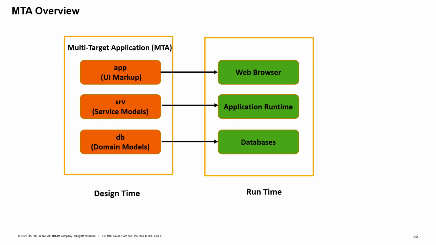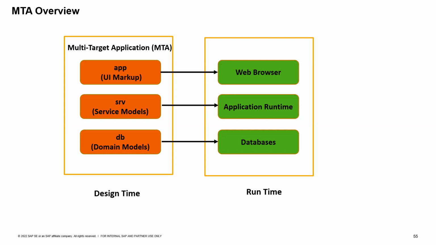So in Business Application Studio, we have options to either create a basic MTA project or a cloud application programming model project. Throughout this course, we'll be developing the business application and related artifacts using the project of type CAP. Now in Business Application Studio, you create a CAP project, which is a multi-target application project.